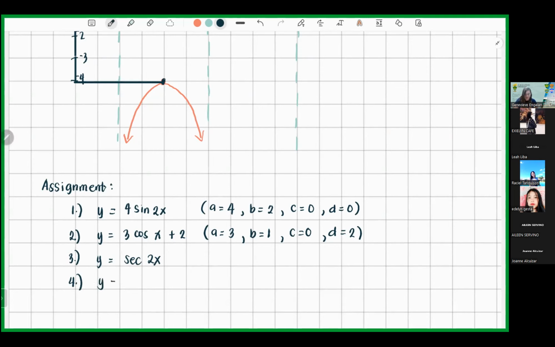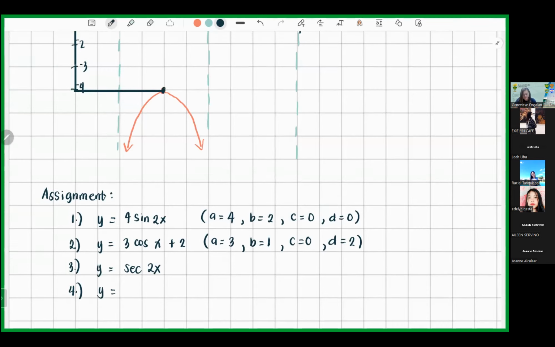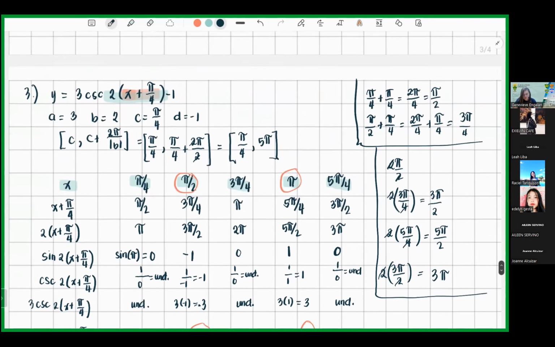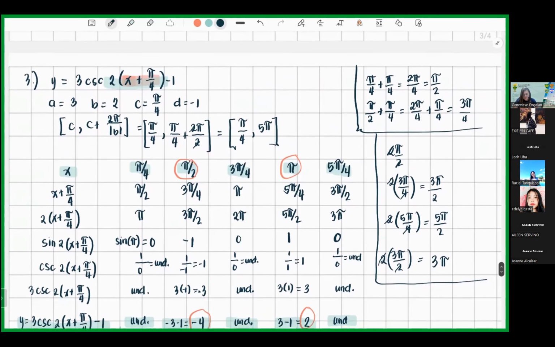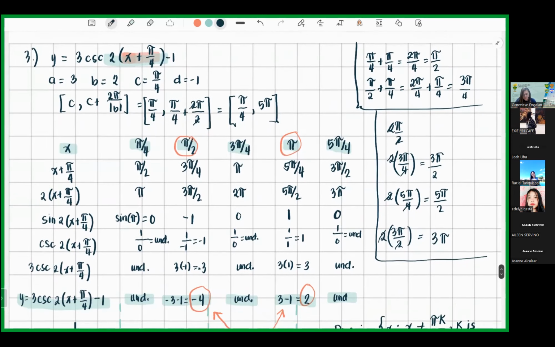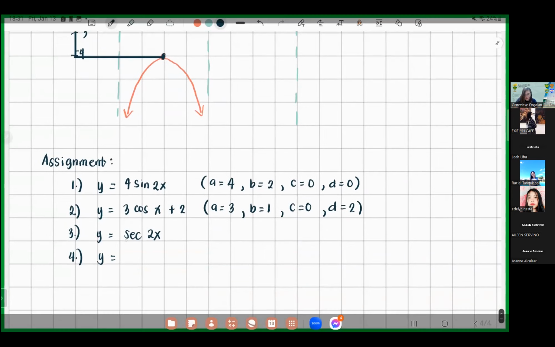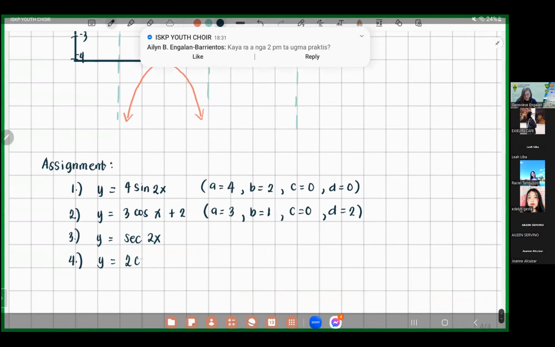Y is equal to 3 cosecant 5x. Wrong, wait a moment. Okay. So 2 times cosecant